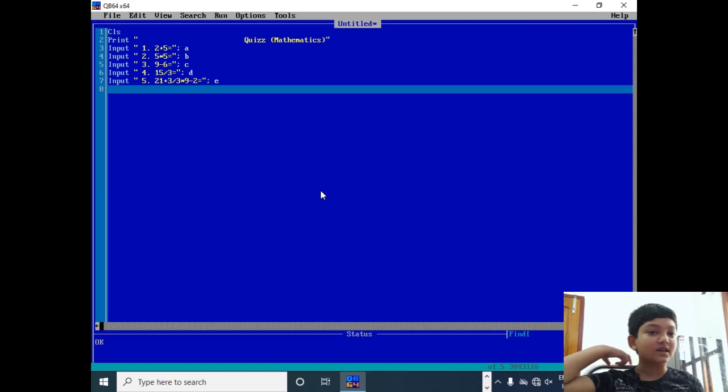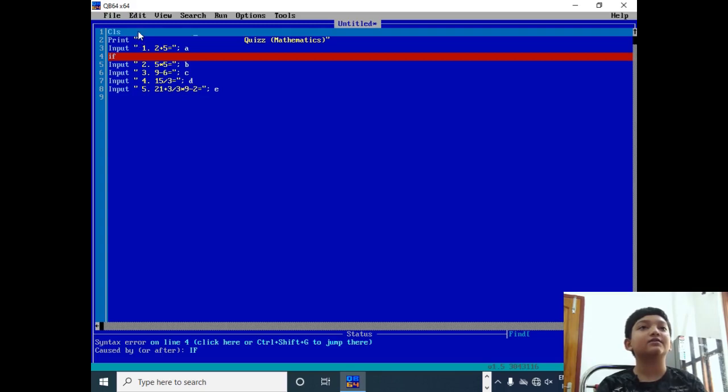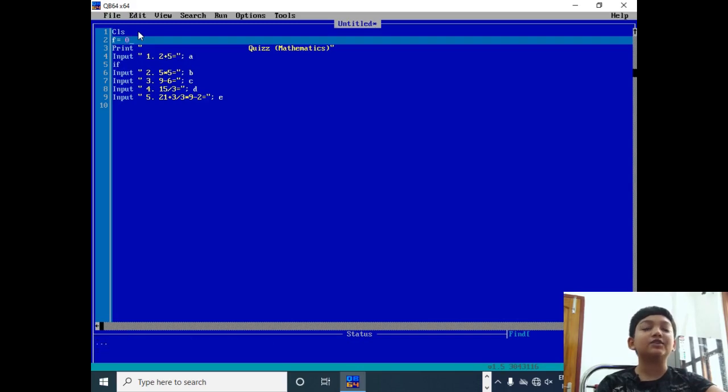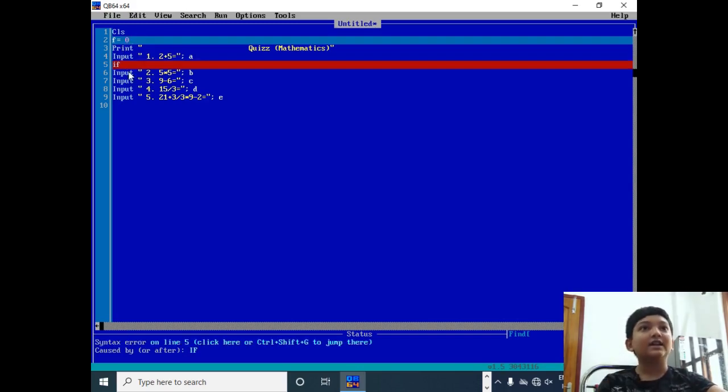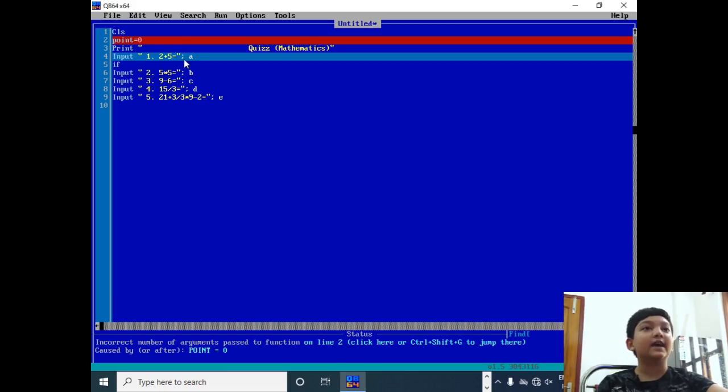Now let's list the variables. Here we'll be writing what? If statement. Why? We have to store our number. Before that, suppose after D and E, let us give F. F is equals to 0, meaning at first our point will be 0. F is our point. Let's write Point only. Point is 0. And when this A will be how much?